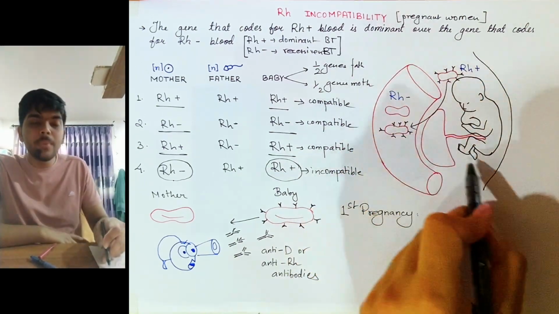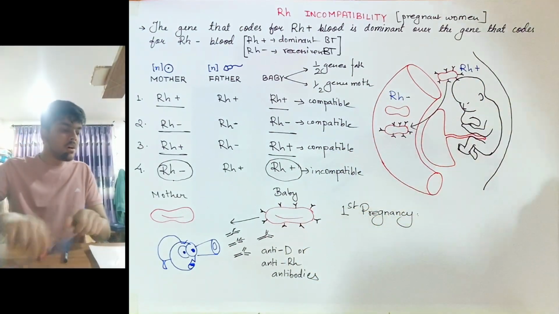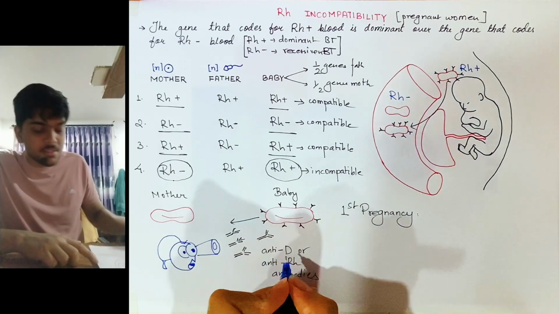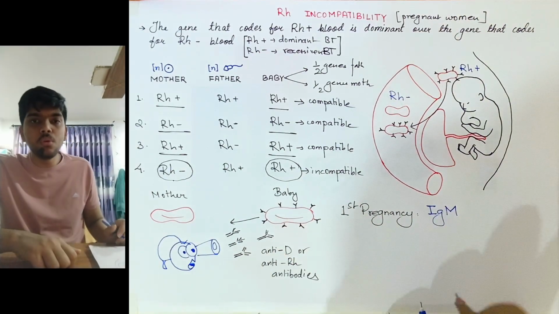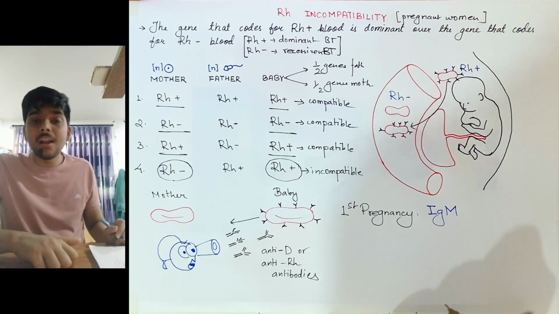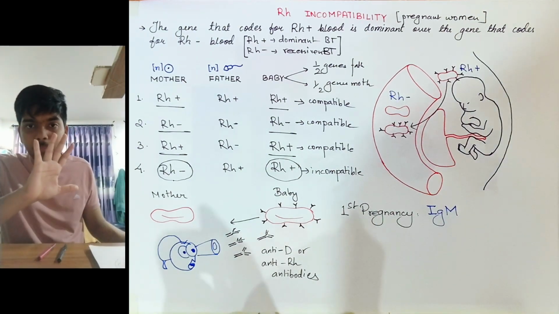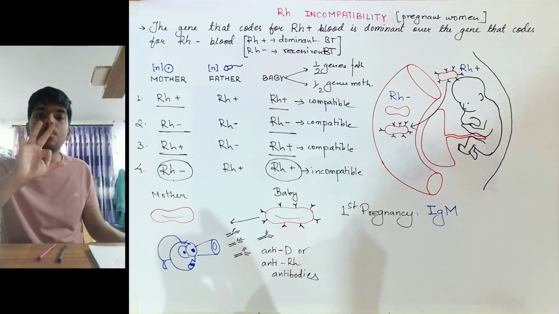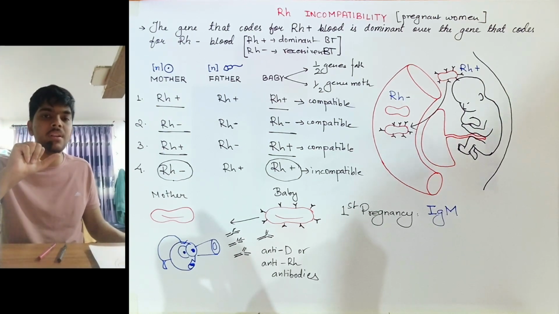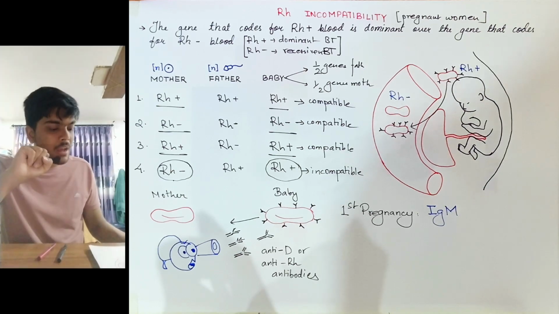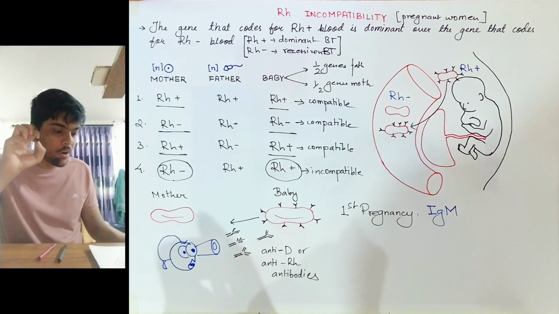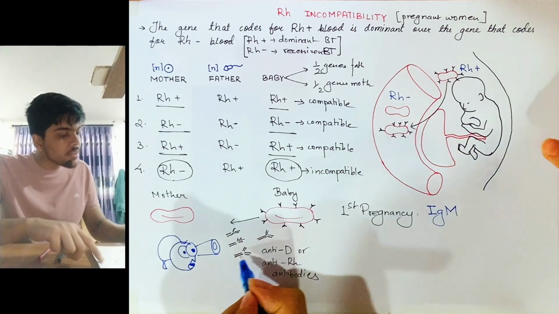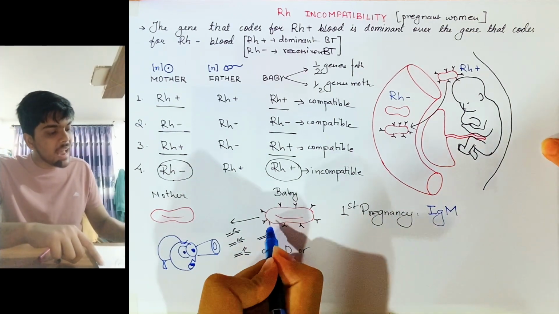However, the baby remains safe. Why? Because the antibodies that are launched are IgM, or immunoglobulin M. There are 5 types of antibodies that you need to know: immunoglobulin G, immunoglobulin A, immunoglobulin M, immunoglobulin E, and immunoglobulin D. Out of these 5 immunoglobulins or antibodies, the antibodies that are first sent against these antigens